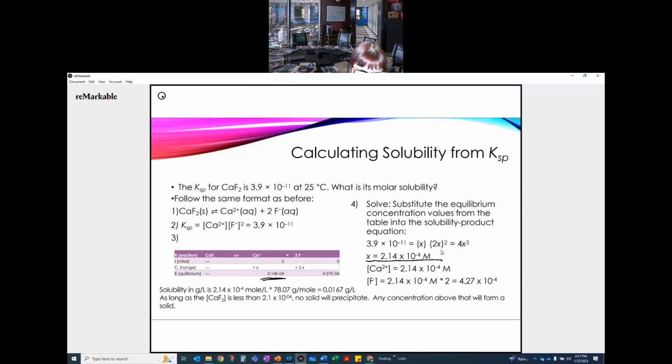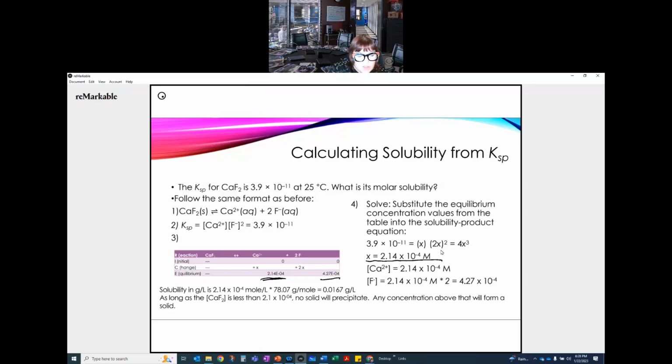That's what we put right here. But F- is going to be equal to 2 times that, because I get 2 ions for each one. And so that means that this is 4.27 times 10 to the minus 4th. Now, solubility is in grams per liter. So that's 2.4 times 10 to the minus 4th moles per liter, right? Because that's what I just calculated, times the molecular weight of that material, the CaF2,